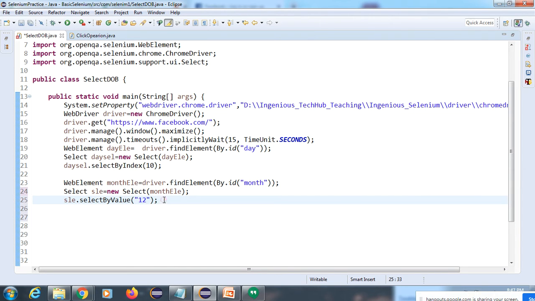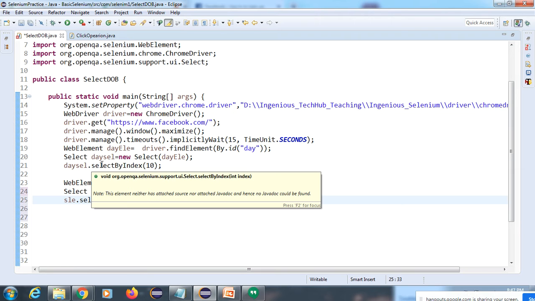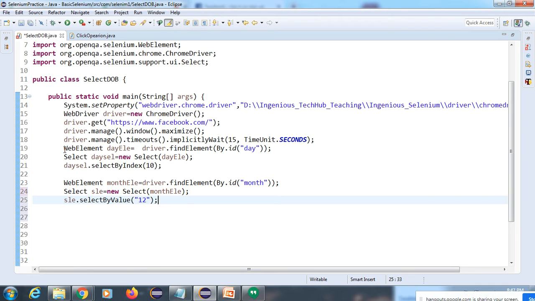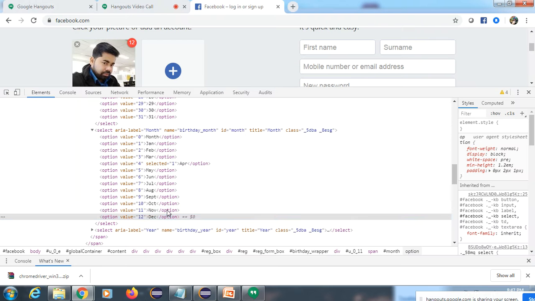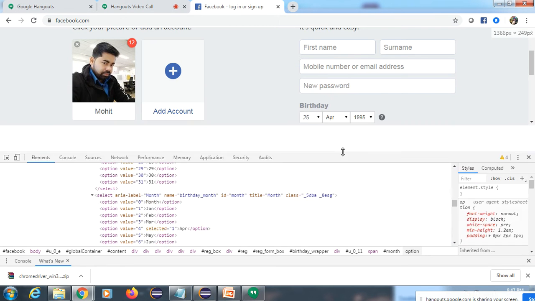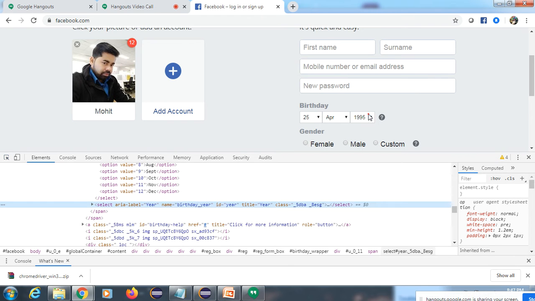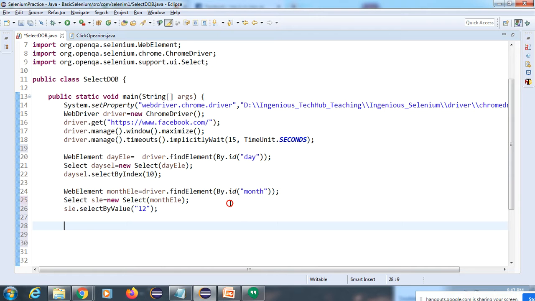We need to understand in this example why we are giving it, because we need to understand select by value, select by index, and select by visible text. So here we need to find this element for the year. This also has an id.